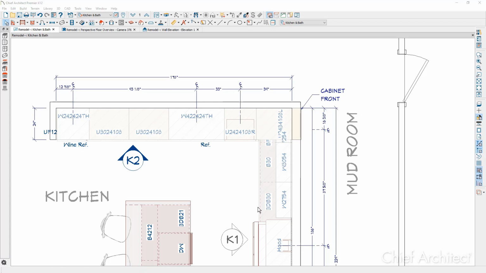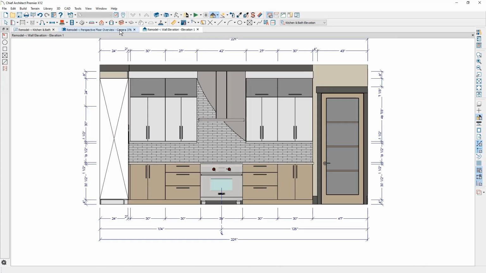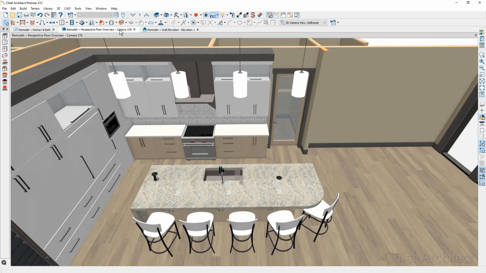These different views that I have on the screen, the floor plan view, elevation view, the 3D camera view, all of these views can actually be sent to a layout sheet in the program. And this is where you can set the scale of the drawings with the exception of the 3D perspective views. And then you can arrange these in a format that you feel is presentable.